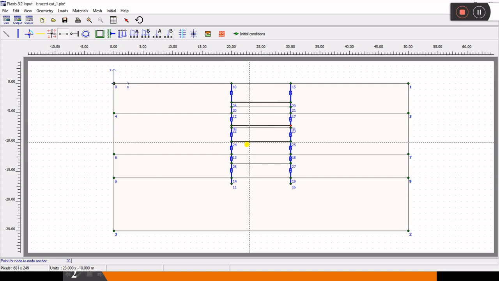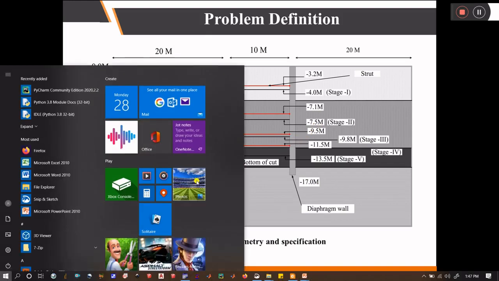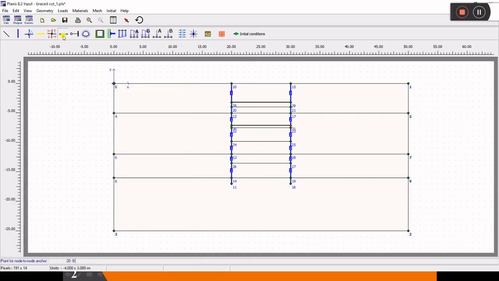Third one, 9.5, and then 11.5, 20 and 11.5, and then we'll go for 30, 11.5.